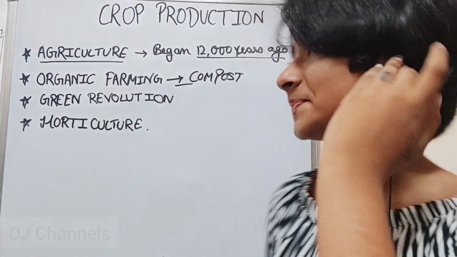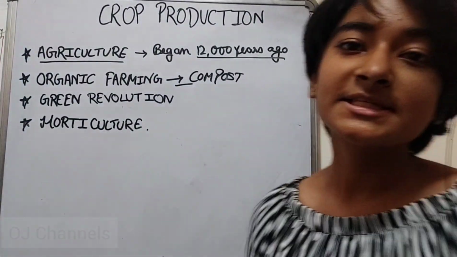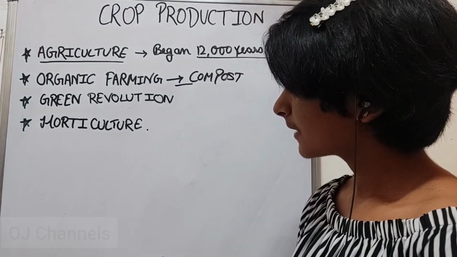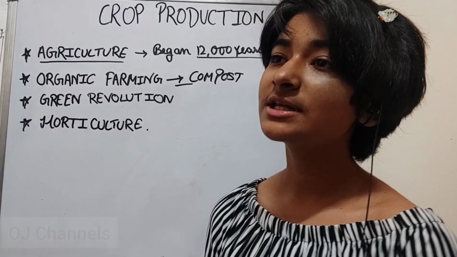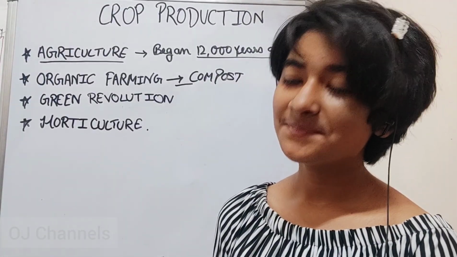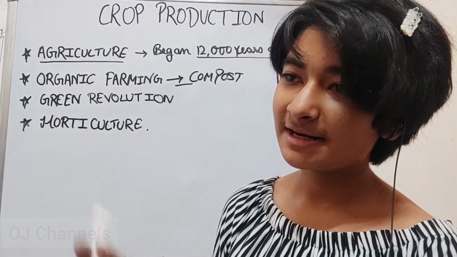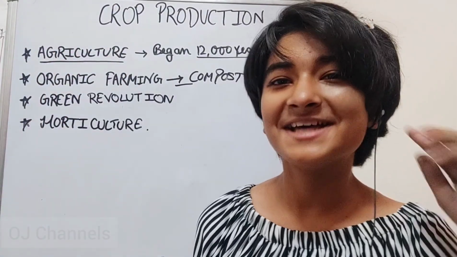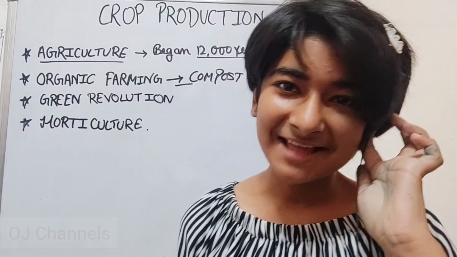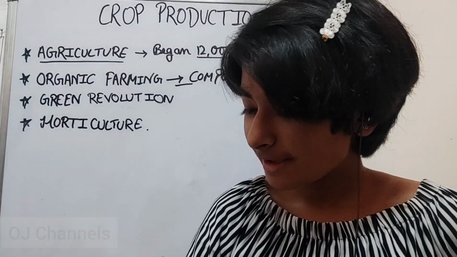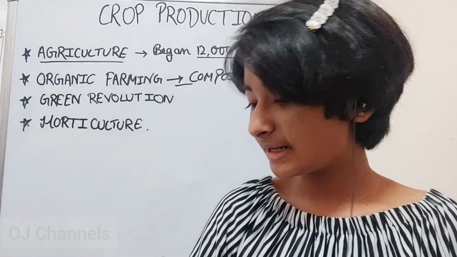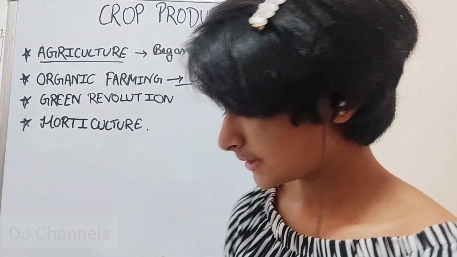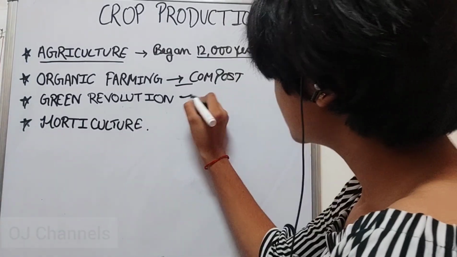So, green revolution, this is a very important topic. The green revolution started in India. It is also known as the agricultural revolution. I have seen children think the green revolution is called that because the revolution is green in color, but it is not like that. Green revolution is an agricultural revolution which began in India in 1960. This is a very important thing. Started in India.